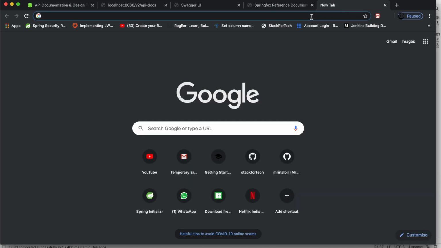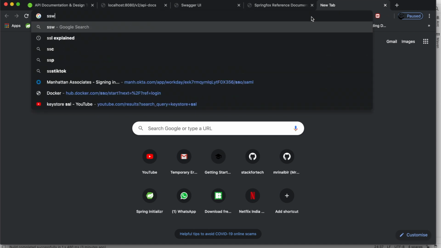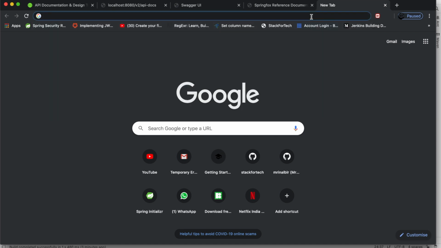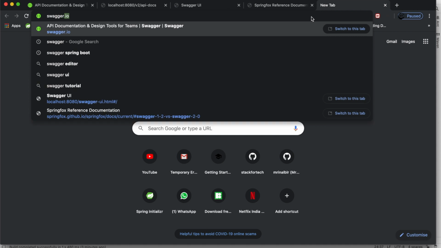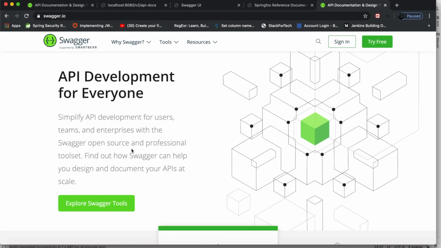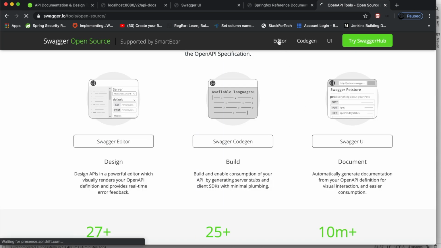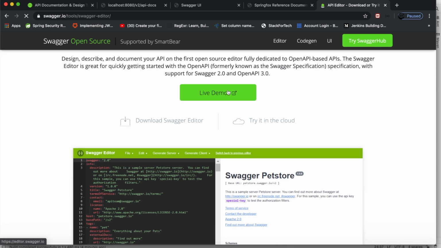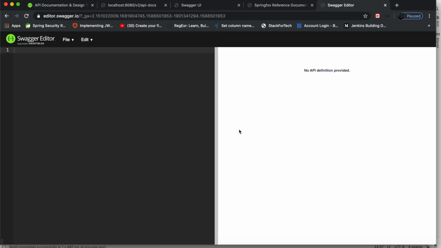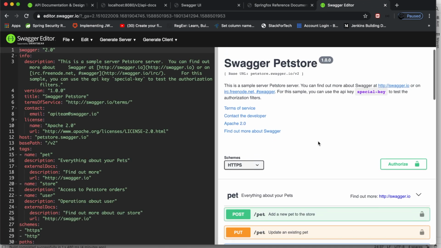There is another good site, which is swagger.io. It tells all the things which Swagger provides. If you go down, it shows the OpenAPI specification, then open source tools, then SwaggerHub. If you open the open source tools, there is an editor, and if you go to the live demo, you can see how a Swagger page looks.